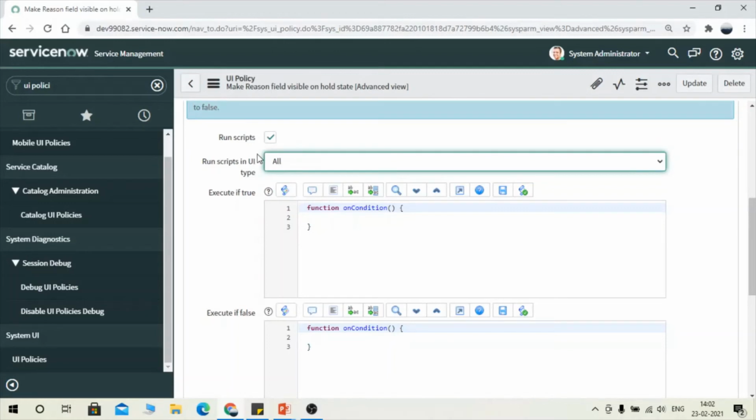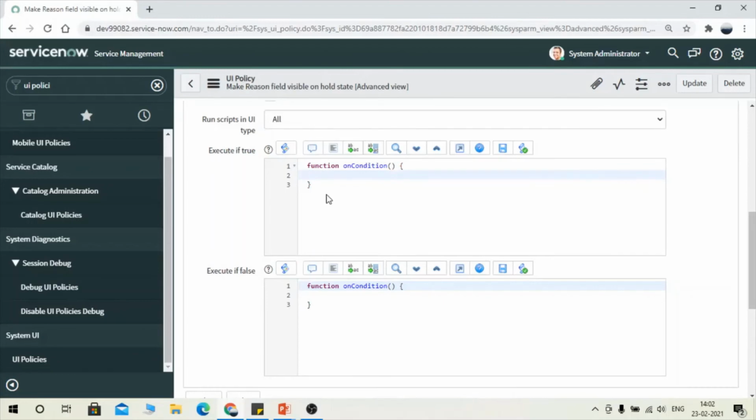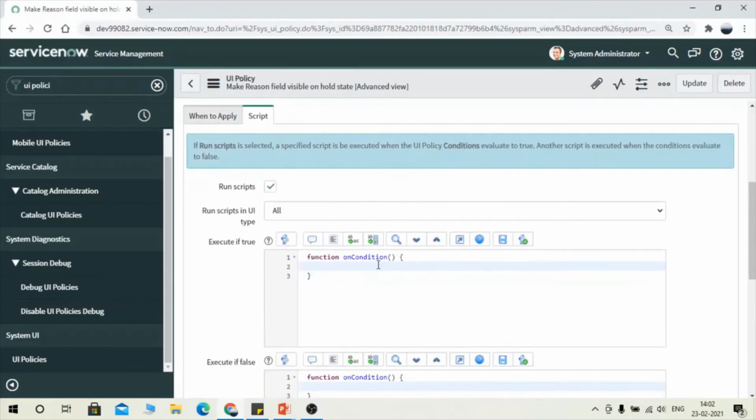You can select this, and here you have Execute if true. So you can write your script that will run whenever our condition matches. And if you want to run some script when our condition doesn't match, you can write the script under Execute if false. So yes, you can have a script, you can do some manipulation of data using the script part.